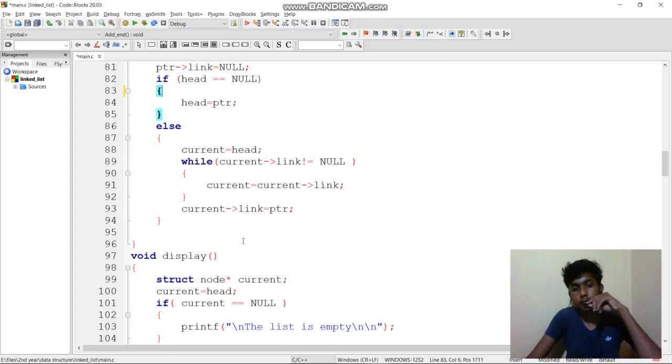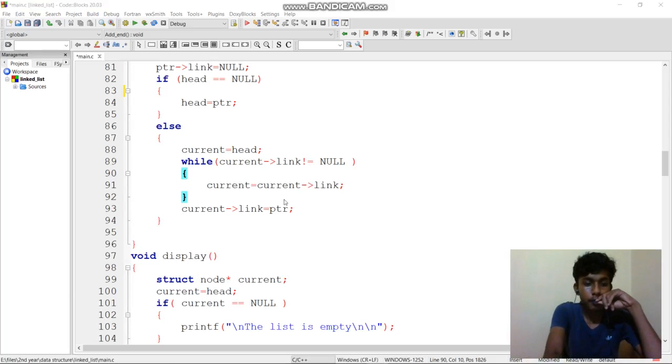Now current equal to head, so current will point to the starting address, and it will run while current of link is not null. That means now